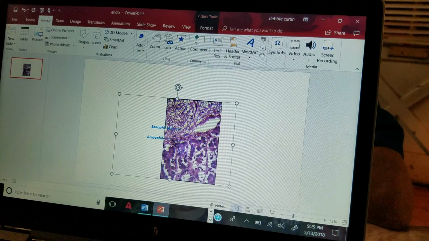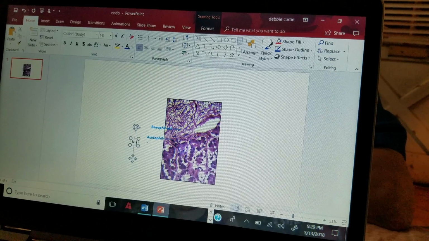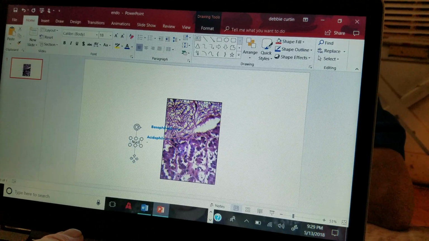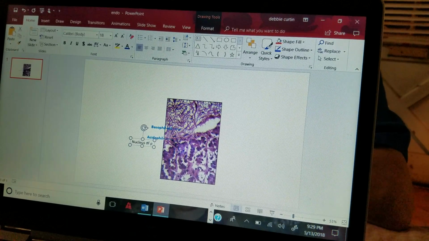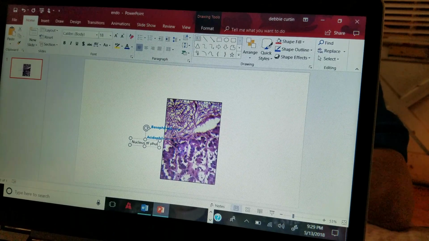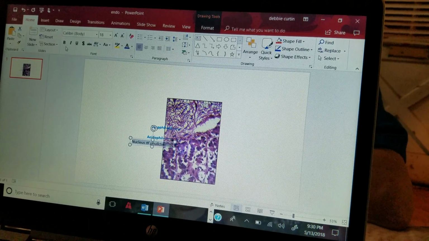Lastly, we are going to label the nucleus of the pituicyte using exactly the same technique. If you haven't remembered to save, at this point you might want to go up and save in case there's a distraction and you lose your place. Once you have everything in place where you want it and you've found the correct spot to place all of your terms,